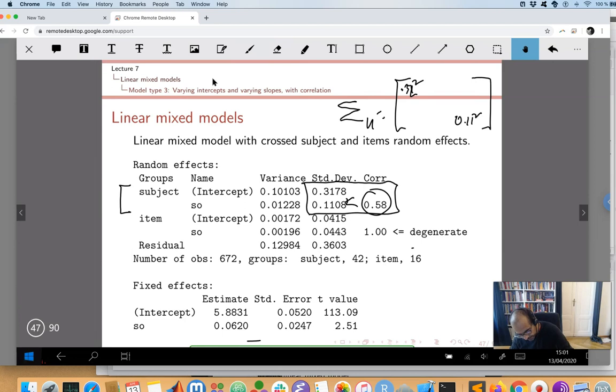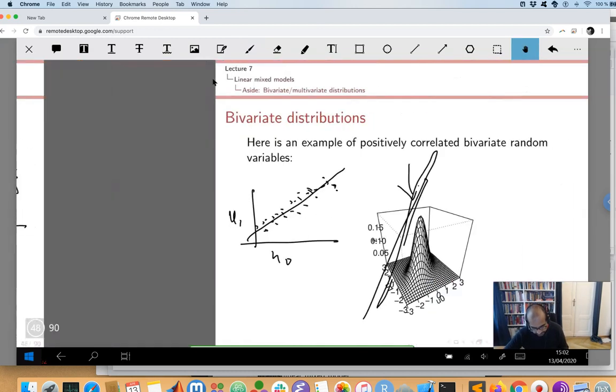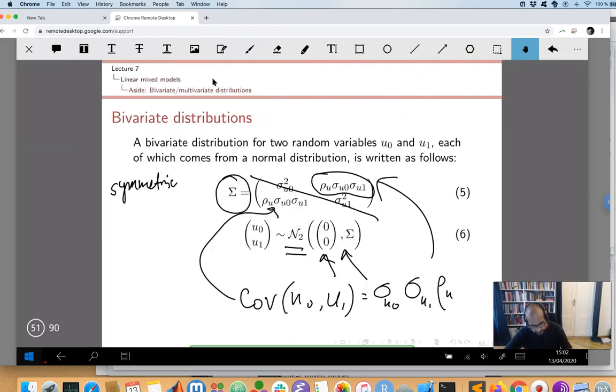So I'm going to write the covariance now. The covariance is going to be 0.31, or is it 0.32? Sorry, 0.32 multiplied by 0.11, the two standard deviations. This is the definition of covariance, multiplied by 0.58, right? And the same number will turn up here, because it's symmetric, right? 0.32 times 0.11 times 0.58. So the variance covariance matrix is expressed in this output in the linear mixed model, right? That's what the linear mixed model is doing. It's estimating